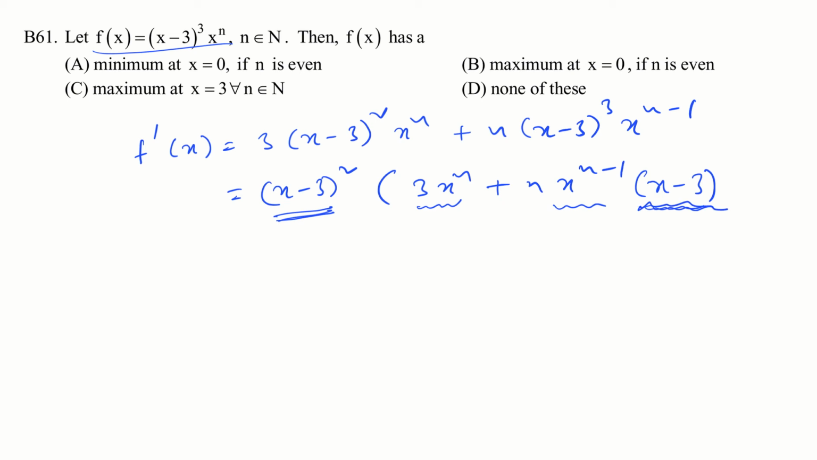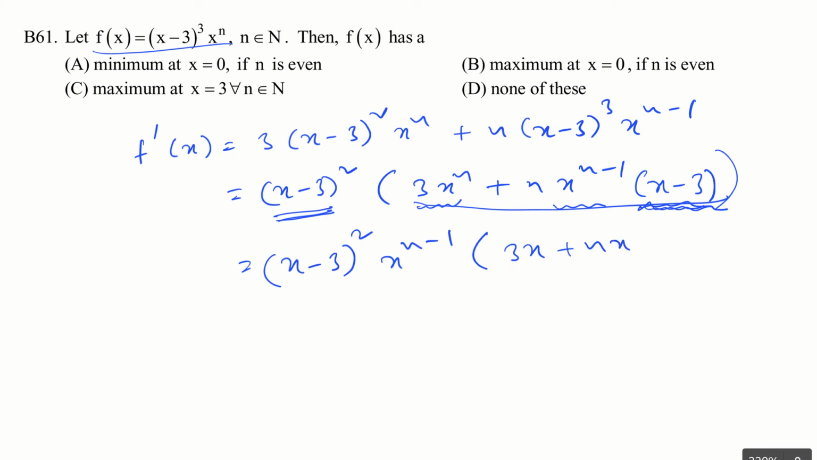Let me do one thing. From this bracket, let me take x power n minus 1 also common. So I'll have it as (x minus 3) whole square into x power n minus 1 into (3x plus nx minus 3n). So if I am to the right of 0, you can see that this is positive, this is positive, to the right of 0, close to 0, this is close to 0, but this is negative. Therefore,